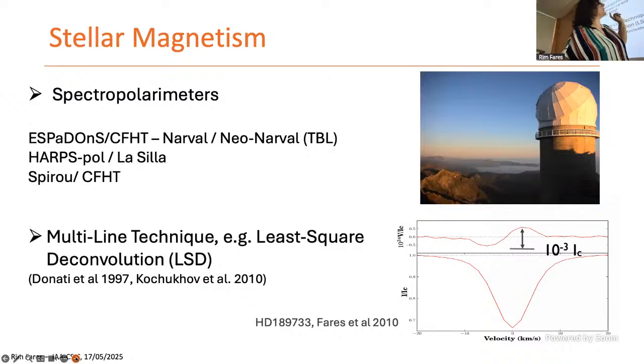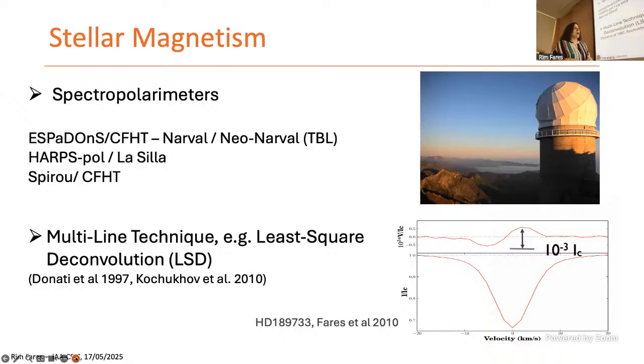Now, to collect these polarization spectra, I'll just mention it because if some of you are interested, you should use not only a spectrograph, you should use a spectropolarimeter, which is interesting because it gives you the spectra, the unpolarized spectra, and then the polarization as well. There are several of them. There is Espadon at CFHT in Hawaii, Narval previously, now Neo-Narval at TBL, Telescope Bernard-Lyot in France. These are accessible for the European community, even if they are not in France, for example. There is HARPSpol in La Silla, also that does polarization. These three instruments are in the optical wavelength,